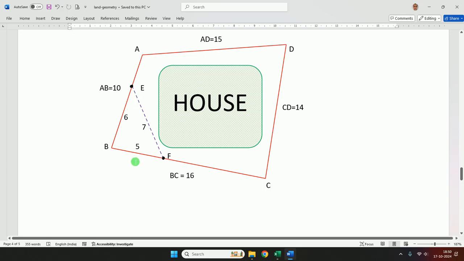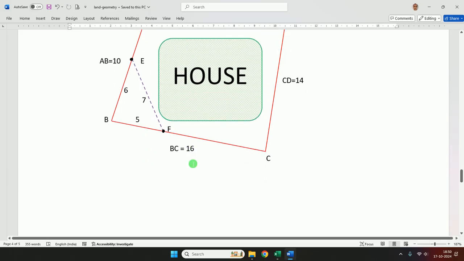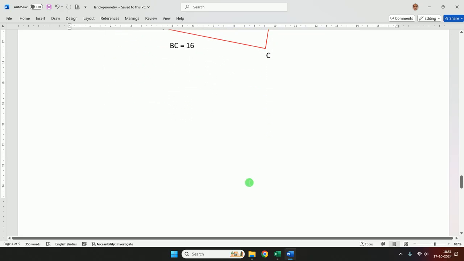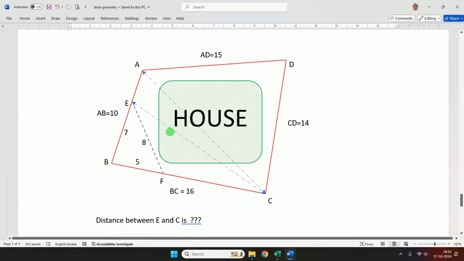And now we do what? We concentrate on this particular triangle. Okay. Then this C point is something like as if BF has been extended to C. So therefore, by our geometric problem, we can compute the distance between E and C. Okay. So our situation is like this. We have chosen 2 points E and